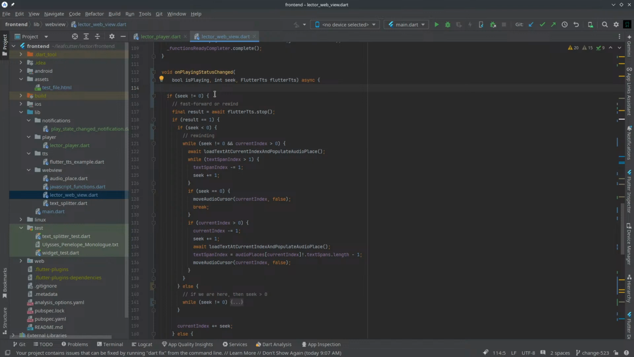I guess this makes sense to just conditionally stop if seek is non-zero here, and then we enter the while loop. Well, seek is non-zero and current, okay. I'll remove this guard. So if we get down here,